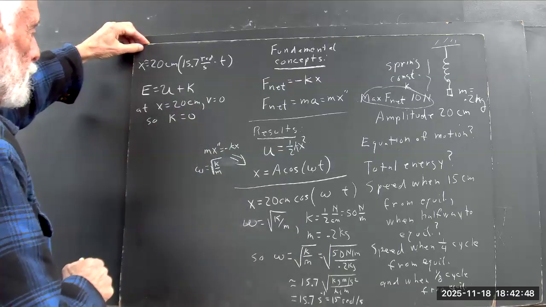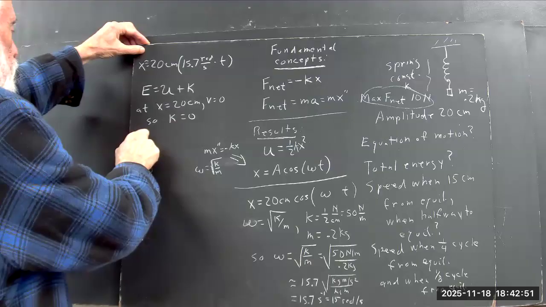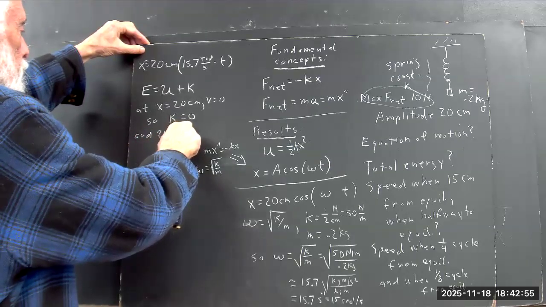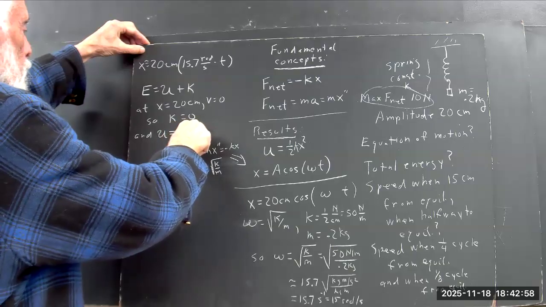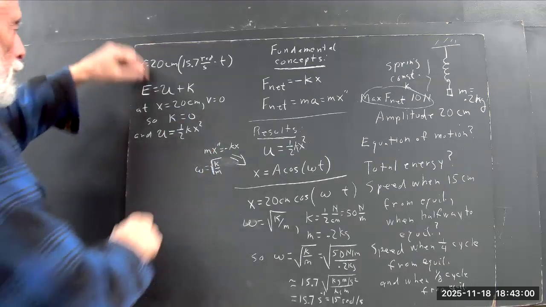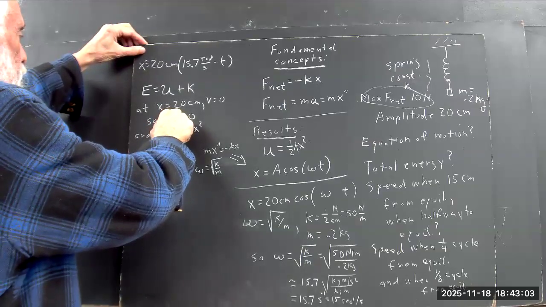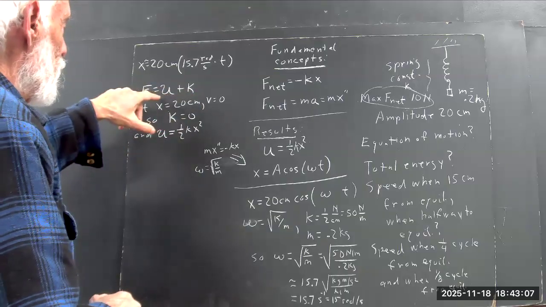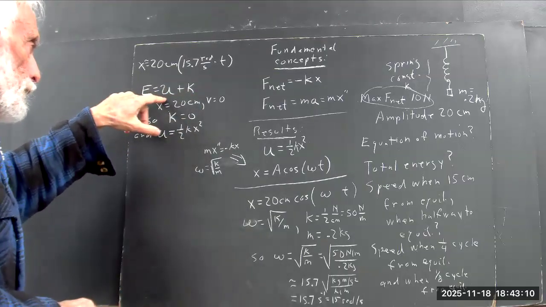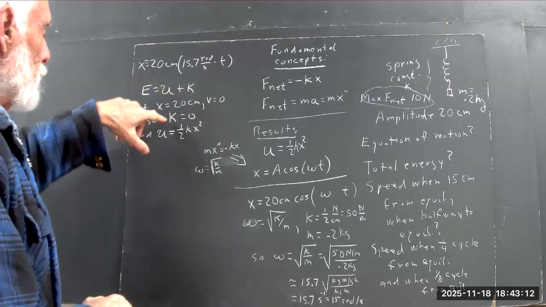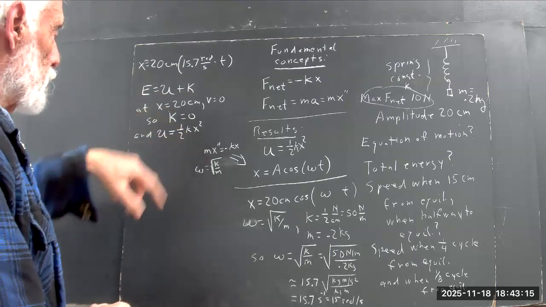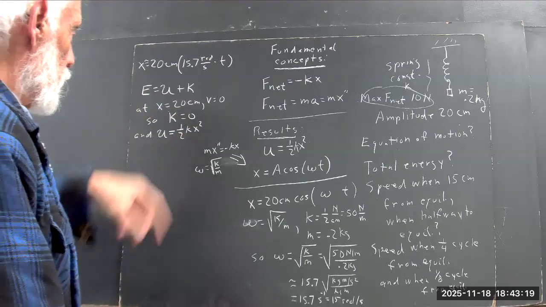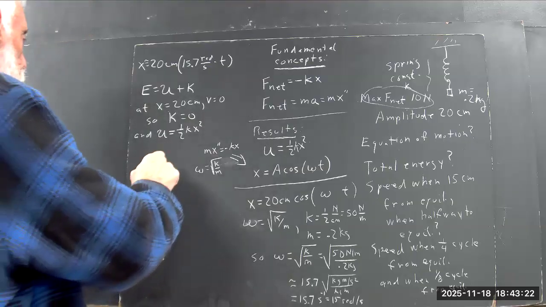So K equals 0, and U equals 1/2 kx squared. Now this big K is kinetic energy. You can tell from context. You wouldn't say that the total energy is potential energy plus the force constant. But just to be clear, make this K bigger than this k. Okay, the kinetic energy is 0 and the potential energy is 1/2 kx squared,